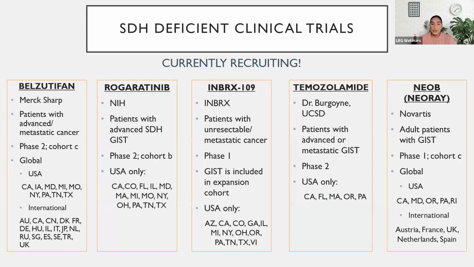This trial is for patients who have no standard therapy available for them, or they can't tolerate a medication. GIST will be studied in cohort C of this study. This is a multi-center global trial similar to belzutifan, with trial sites in the US, including City of Hope and Stanford University in California, Johns Hopkins University in Maryland, OHSU in Oregon, Pittsburgh University in Pennsylvania, and Lifespan Cancer Institute